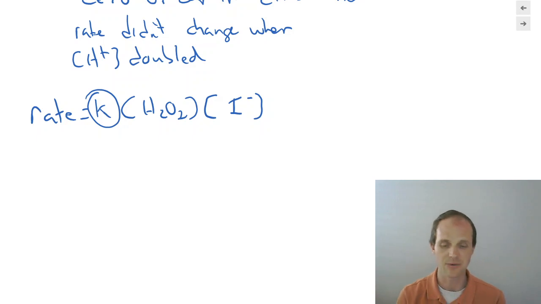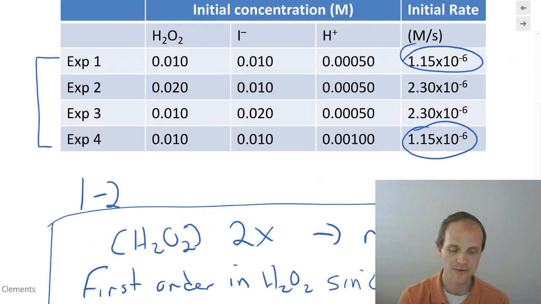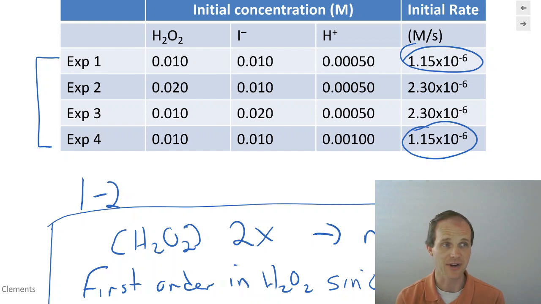How do we figure out K? We figure out K from our experiments. Now, we've got 4 different experiments. Whoa, way up here. 4 different experiments to choose from. How do we pick K? Well, on a test, I only need you to pick one of them, because you have a limited amount of time on a test. In real life, when you have 4 pieces of data, what do you use? You use all 4 pieces of data. So you'd actually calculate K for each one of those experiments. You do some statistics, and you're going to do that in lab. But we're not going to do that here. We're going to just pick experiment 1.